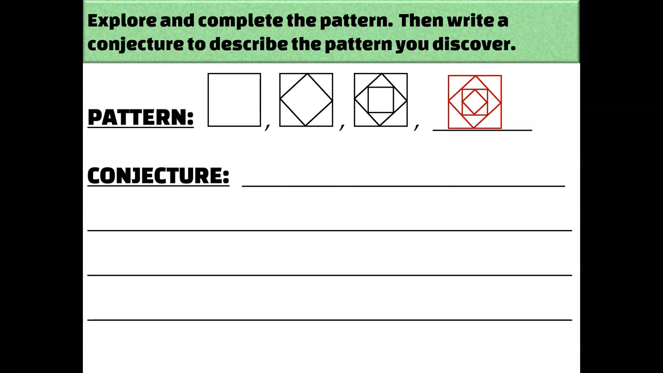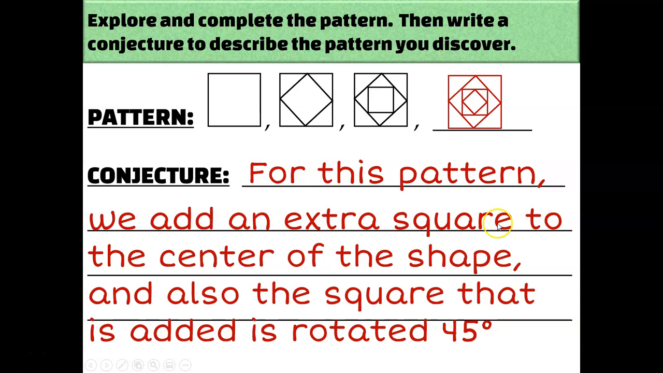I might say something like this. We add an extra square to the center of the shape. But that's not enough, right? Because if I was just adding squares, I wouldn't have a diamond instead of a square. So we're going to need to add some extra information that says that the square has actually been rotated and